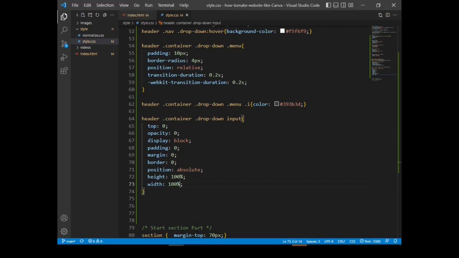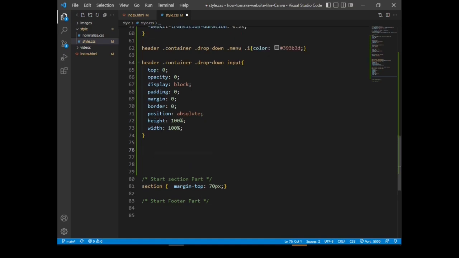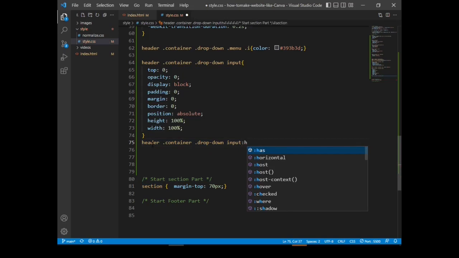Next, we're going to target this one on hovering. Let's set on hover. I want the cursor of pointer.